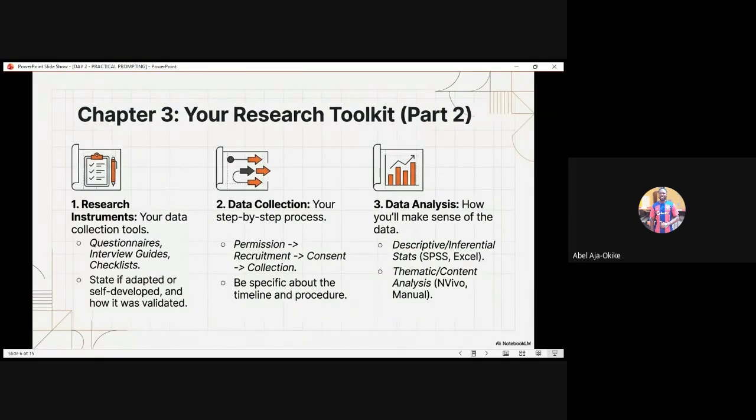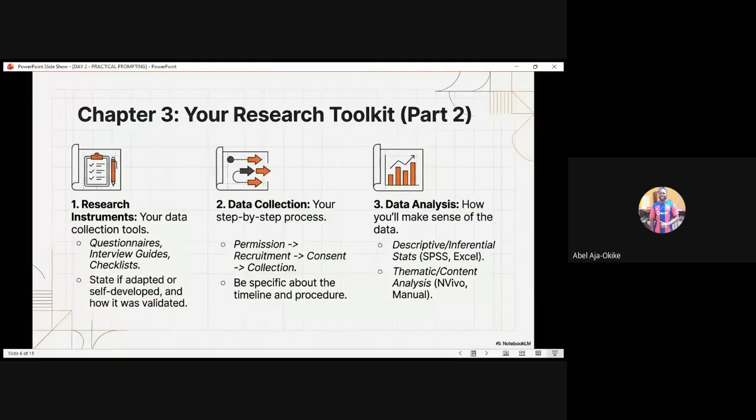And then we'll come to data analysis. It's always important that you state the type of analysis you are going to do. Now, let me give you a clue, because this is one of the problems I faced when I started off as a data analyst. Most times, due to the fact that most students use AI to write their thesis, AI often recommends things that are not obtainable. Do you get the point?